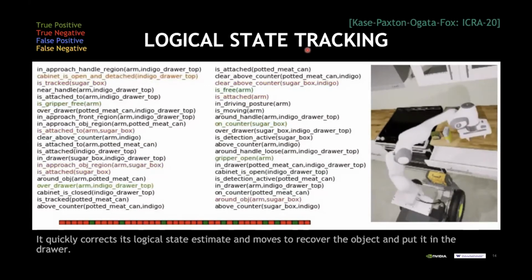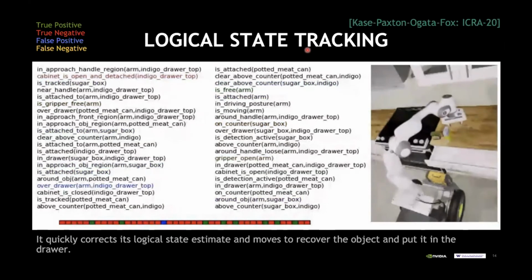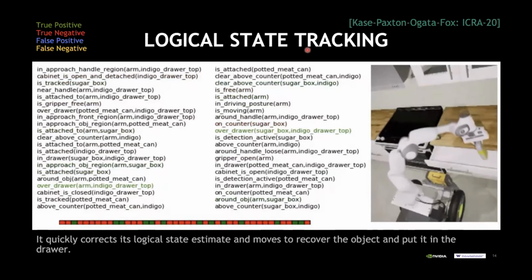The planner goes back to this initial state and now says, okay, I gotta go through the same sequence again. And all these logical states are then again in real time being detected, and they trigger the next action that the robot has to execute. Okay, you can see this now. And then finally, it actually succeeds in that. So far, I focused on the logical state tracking.